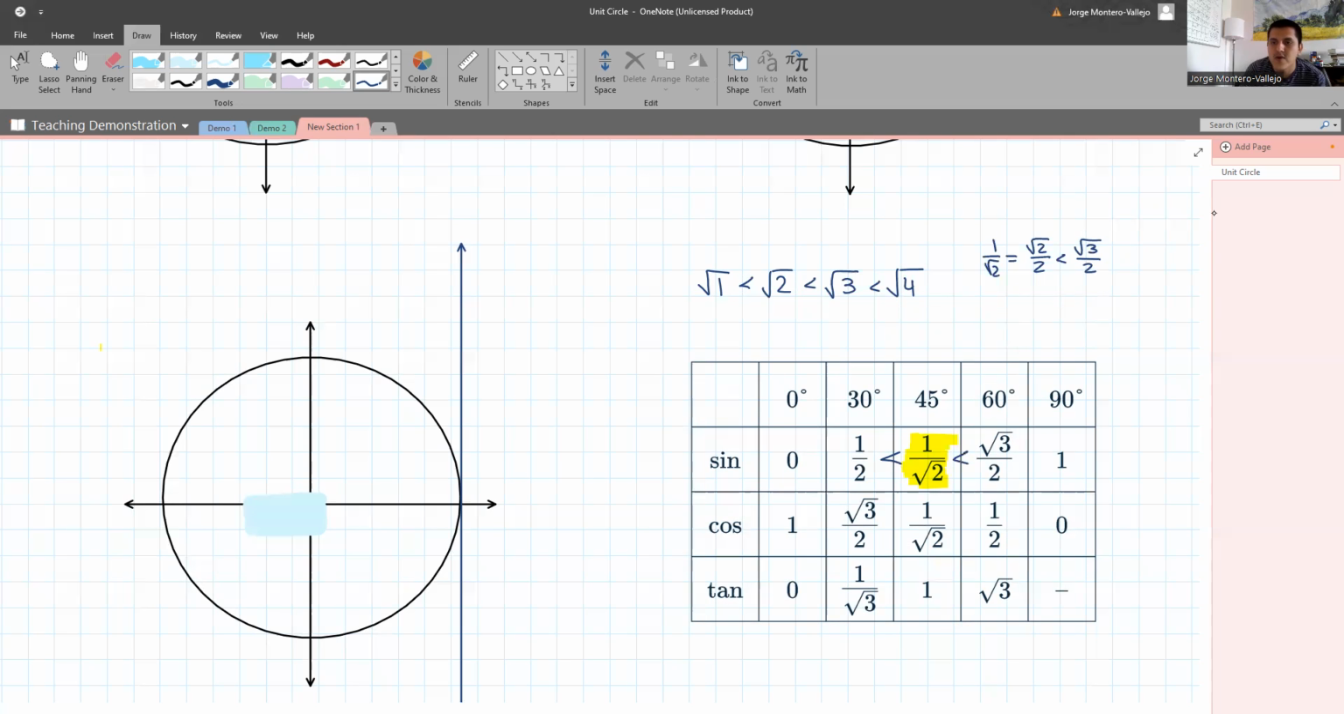So then we know that 1 over square root of 2, which is the same as square root of 2 divided by 2, is less than the square root of 3 divided by 2. Okay, now,